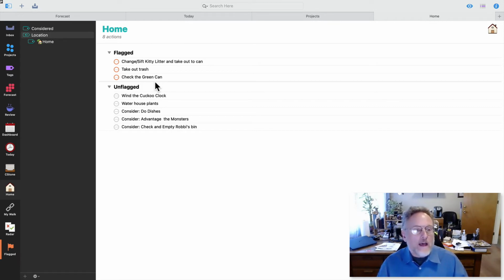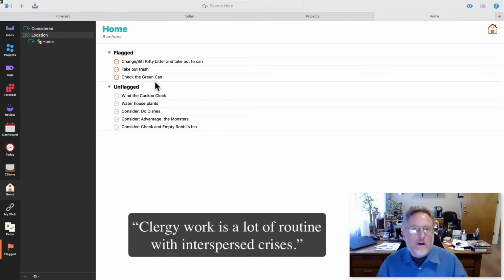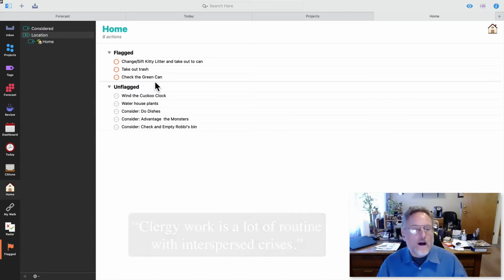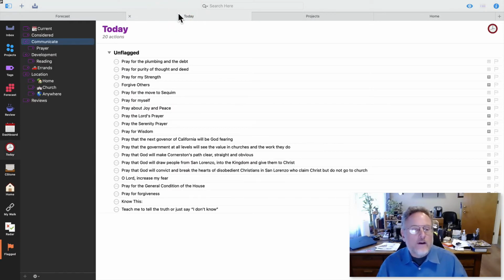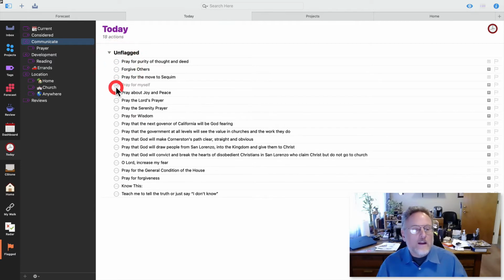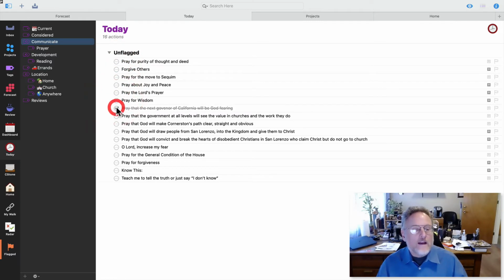People have said that clergy work is a lot of routine with interspersed crises, and that is why OmniFocus saves me, is that I can have a list. I can say, okay, I've got that, do that, do that, do that.